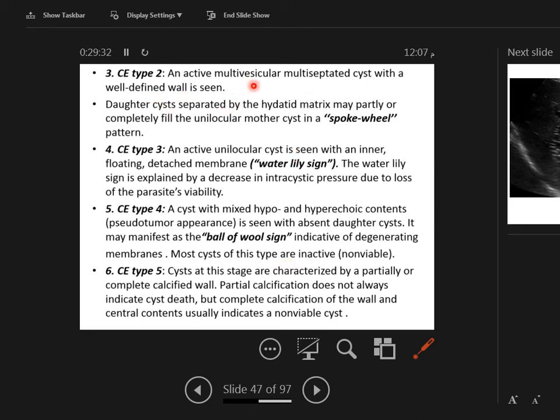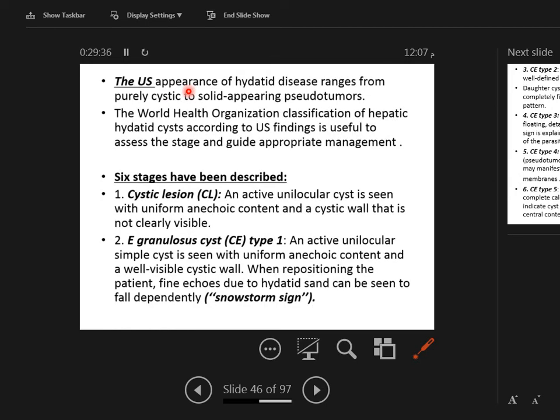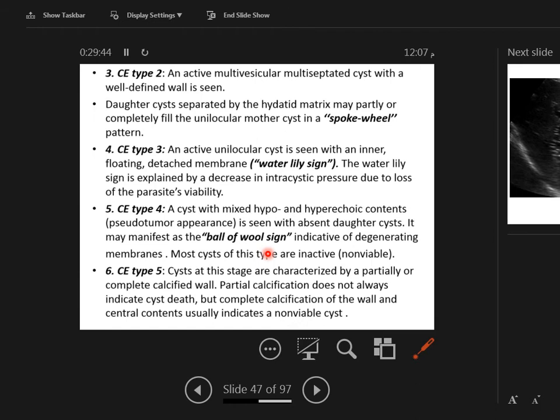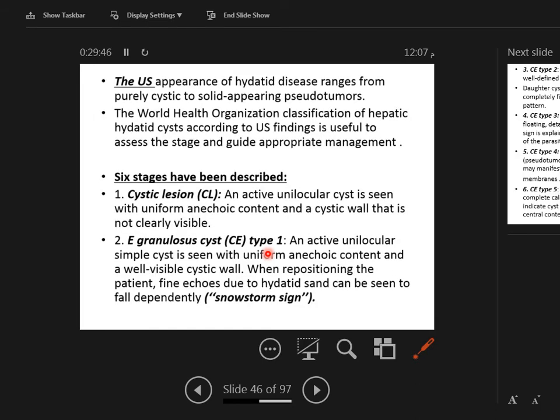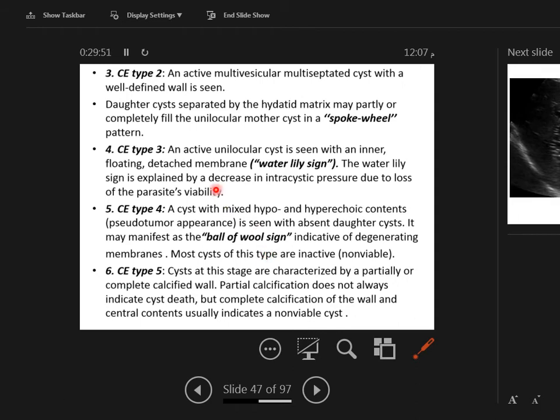They classified, this is type 0, this is type 1. CE type 1 this, and this is CE type 2. Multivesicular multiseptated cyst with a well-defined wall, spoke wheel pattern, daughter cysts